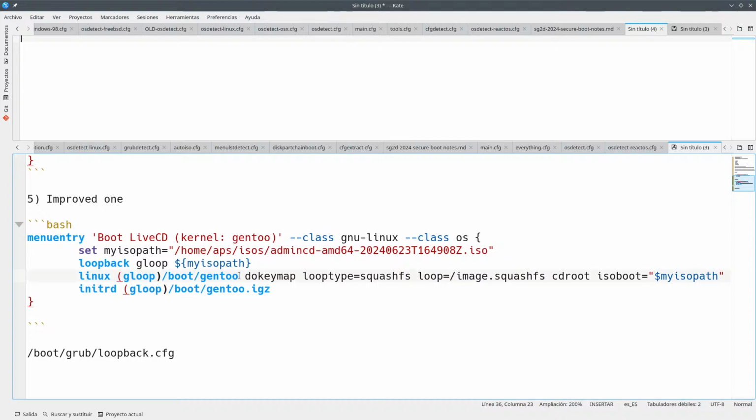That way you can load contents from the ISO without having to have a hard disk, a place where to put the kernel and a place where to put the init.rd.